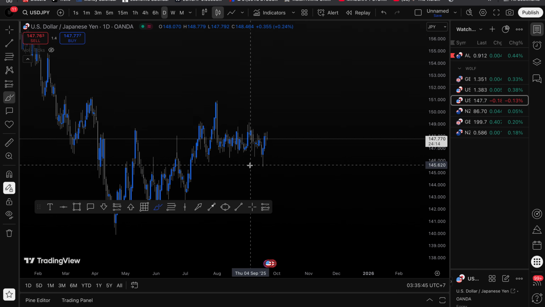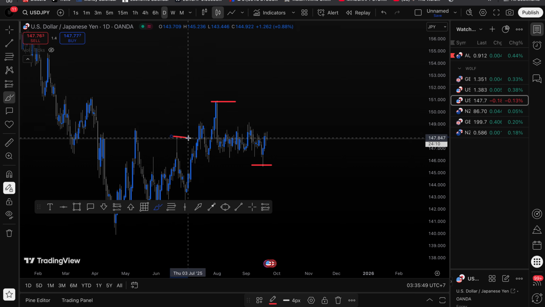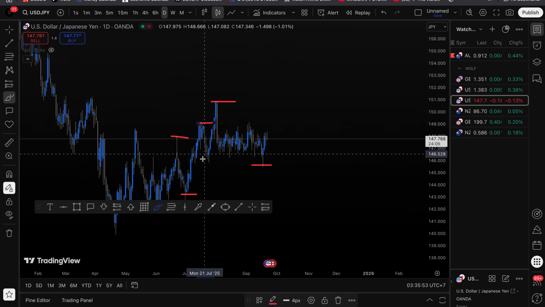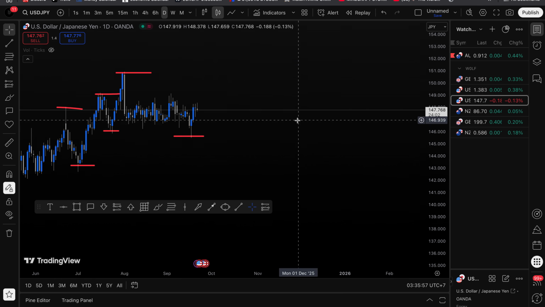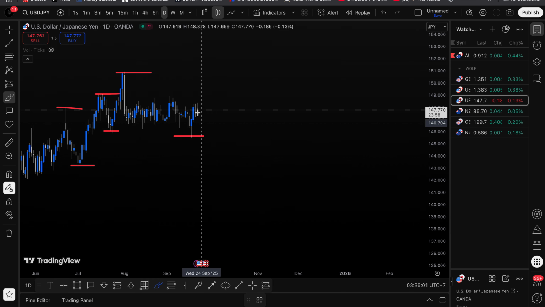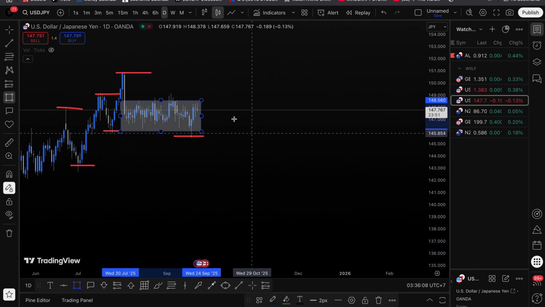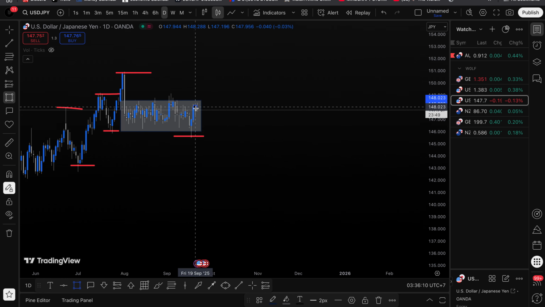If we go on a daily chart, our current low, our current high, our previous high, our previous low, right? And then we had a little high and low in between here, right? But here's how we know we're still in the bullish trend. Until price comes down from where it's at, because price right now is in a consolidation range, right? Until price comes from being in a consolidation range and breaks downward,